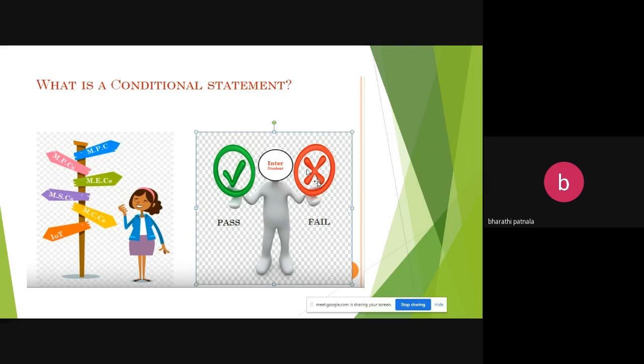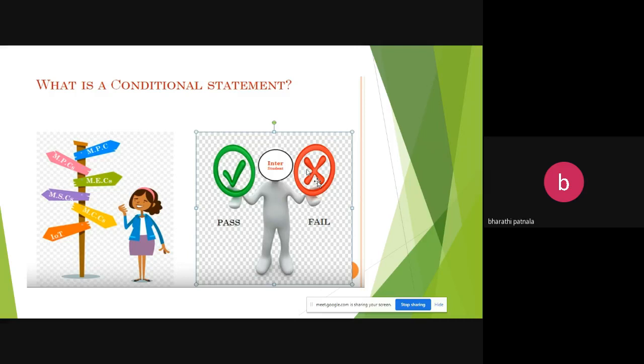If he does not have age more than 18, then you can say he is not eligible. Here the condition is that the person's age must be greater than 18. Based upon the condition, you can deviate the execution of your program into different branches. If it is satisfied, what you have to do? If it is not satisfied, what you have to do? It is called a conditional statement.